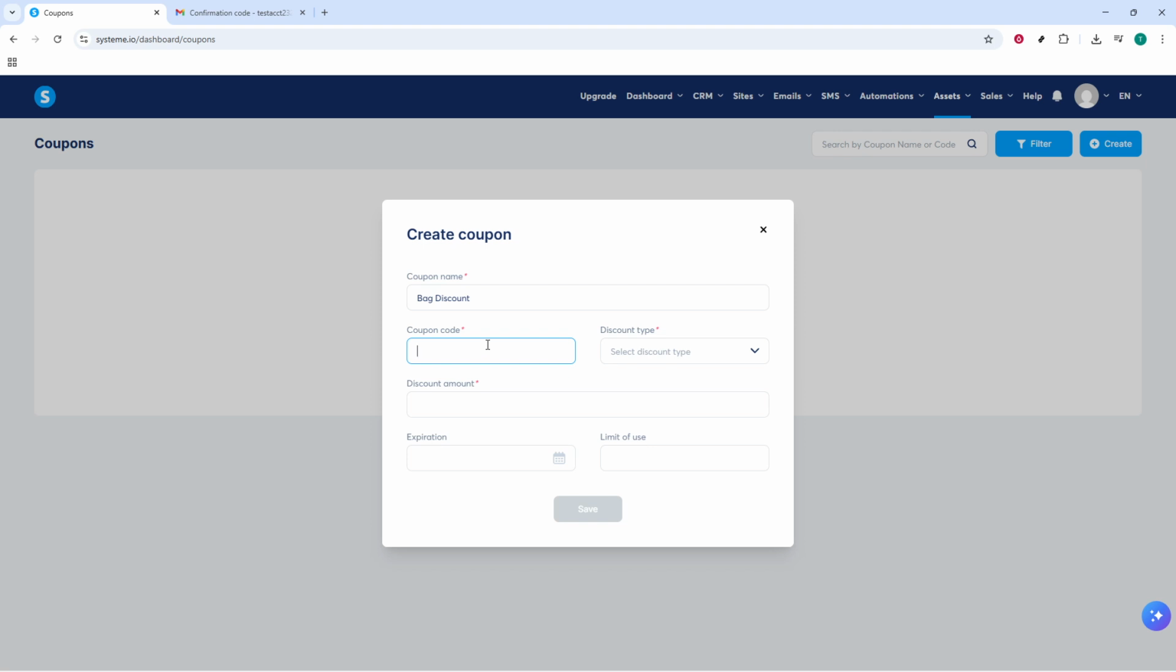Next, set the coupon code. This is exactly what your customers will type at checkout. Keep it short, memorable, and easy to spell. Something like Save 50 or Spring 20. Sticking to uppercase letters and numbers reduces typos. Avoid spaces or confusing characters, and make sure the code isn't already in use so there's no overlap with older